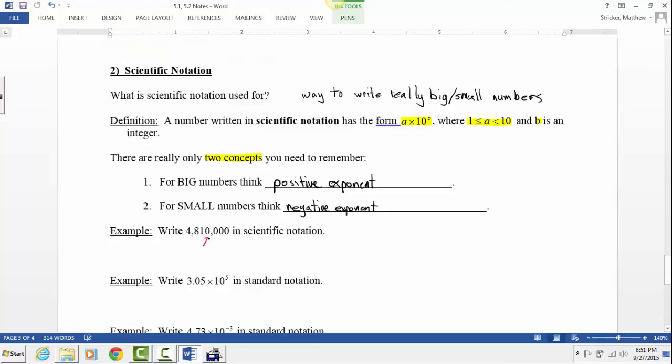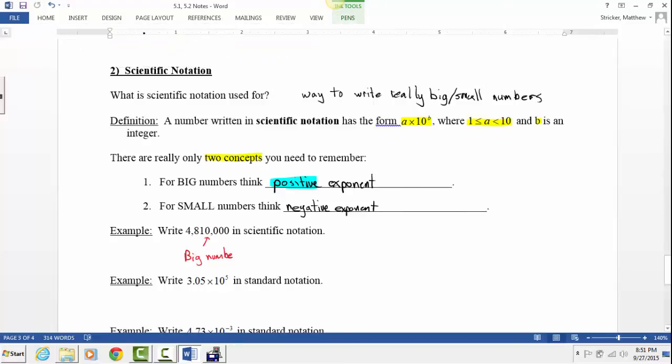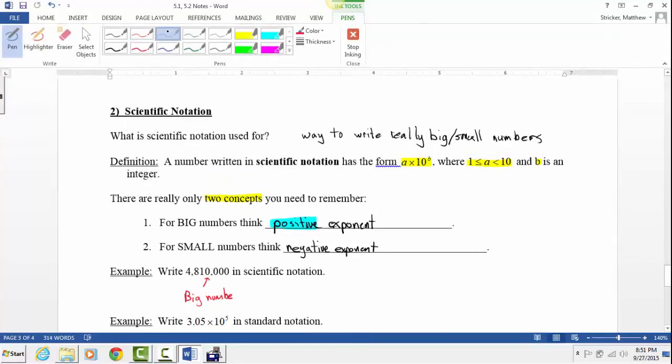4,810,000, that's a big number. Big numbers, we think positive exponent. So here's what we have to do. We need to count the number of decimal places. We need to move this number. 4,810,000, the decimal place here is going to be after the 0. And so I need to move it 1, 2, 3, 4, 5, 6 places. I need to move it 6 places. And when I move it 6 places, it turns into